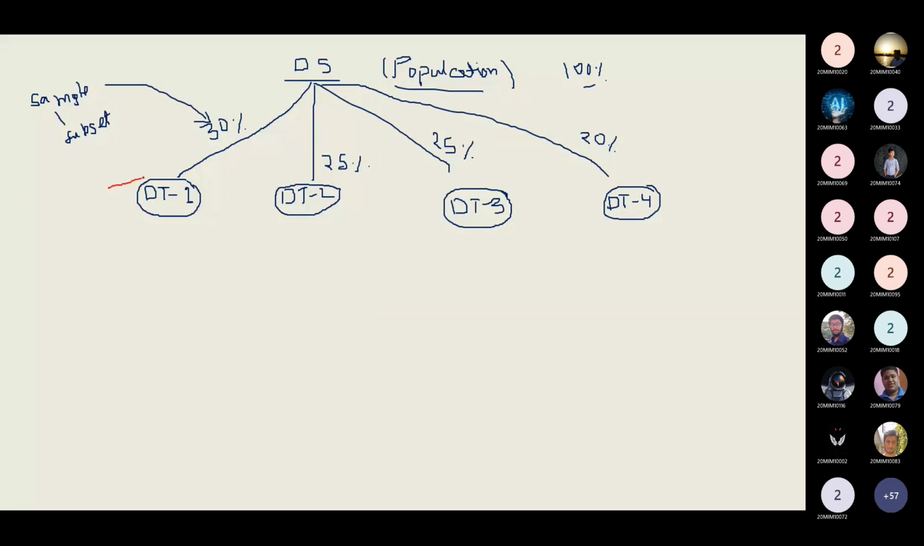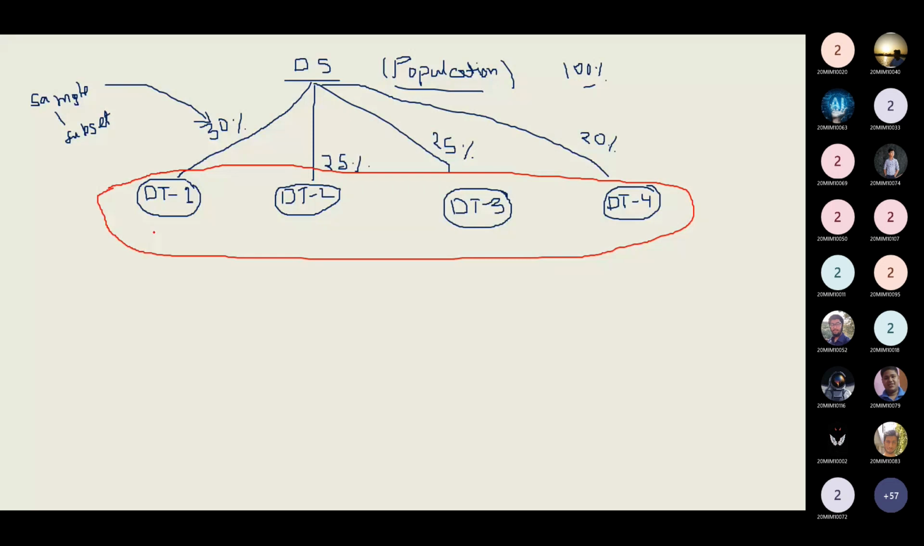So I have done the bootstrap so far. Now I'm aggregating all these models in a group. Please keep in mind, suppose this is our model 1, this is our model 2, this is our model 3, and this is model 4. So if I'm trying to aggregate, I'm aggregating,